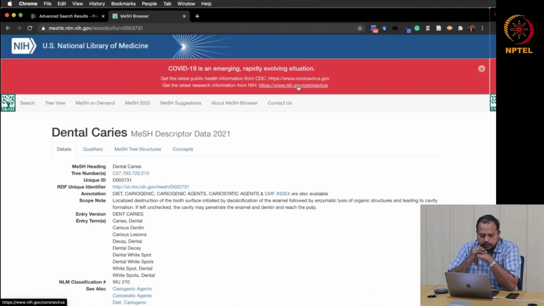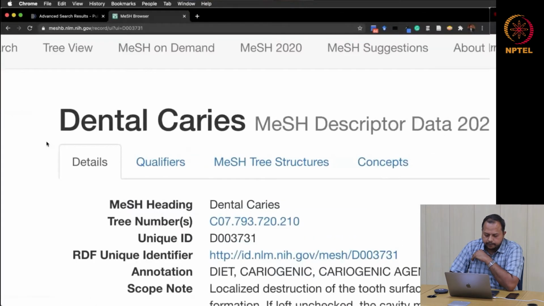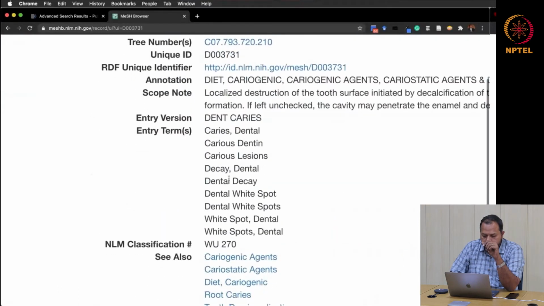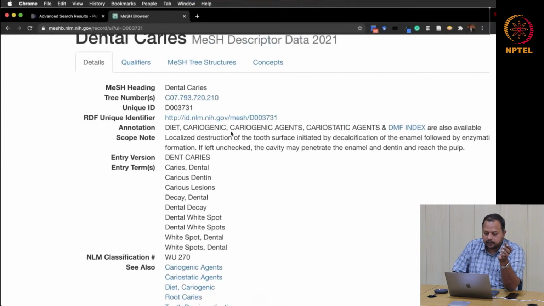Dental decay is a matching term with the MeSH term dental caries. Every MeSH term has a unique ID, and it also gives us the different qualifiers for this particular term. You can see dental caries, dentin caries, lesions, dental decay, dental white spot, and so on are all synonymous terms for dental caries.